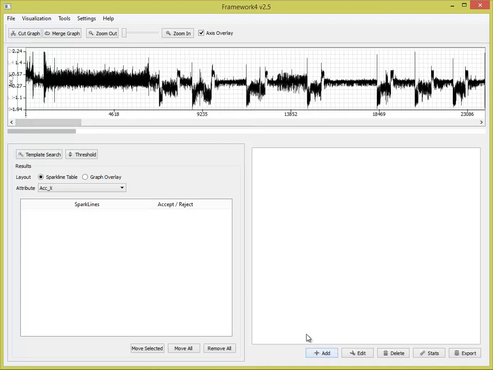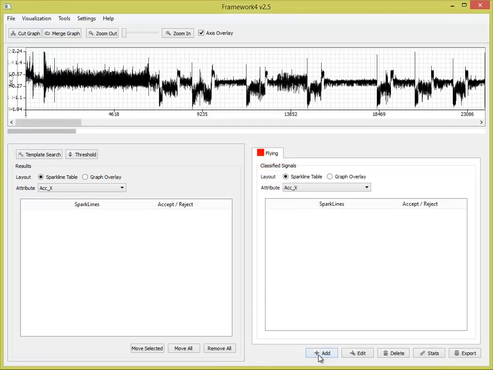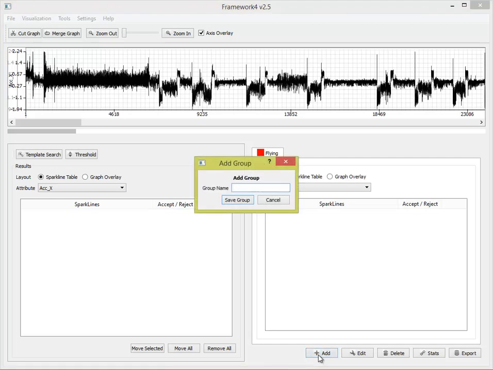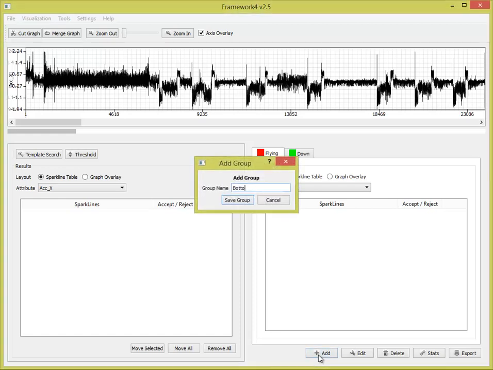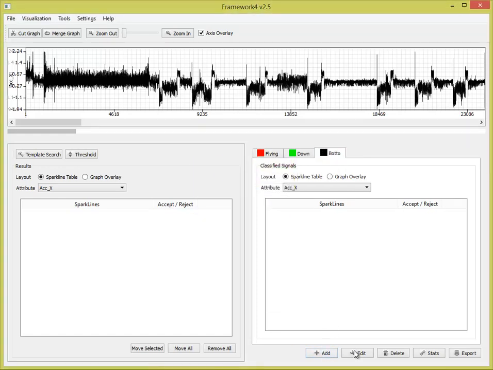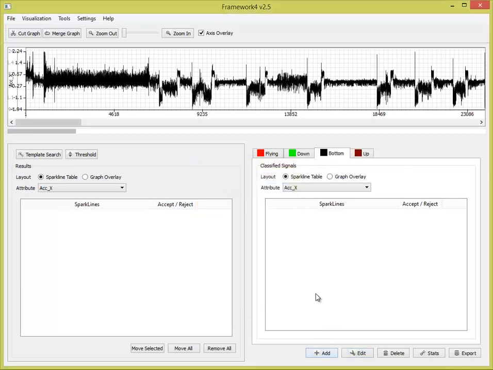Now, to start out with, we need to add our classification groups, or our behavior groups we want to label. All labeled instances will reside in this panel in the bottom right hand corner. So I'm just going to go ahead and add these by clicking the add button. Flying, down, bottom, and up. Okay, so I've got my four behavior groups here,